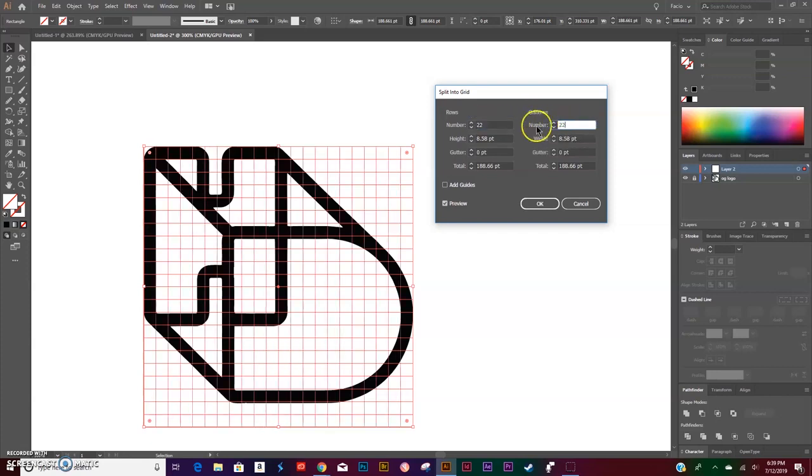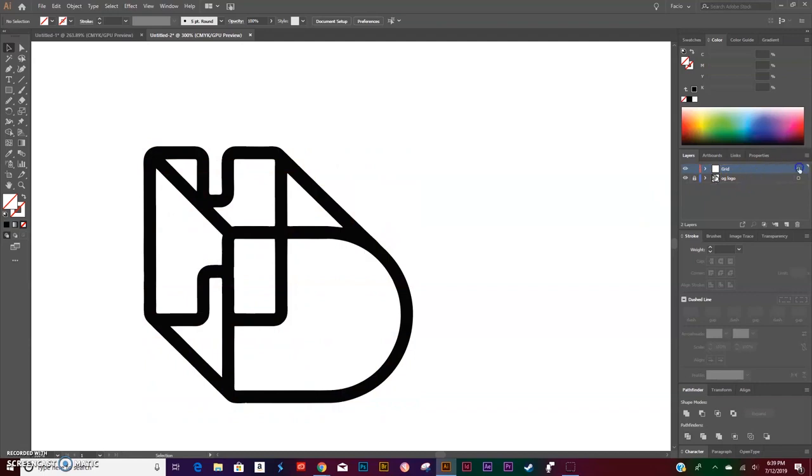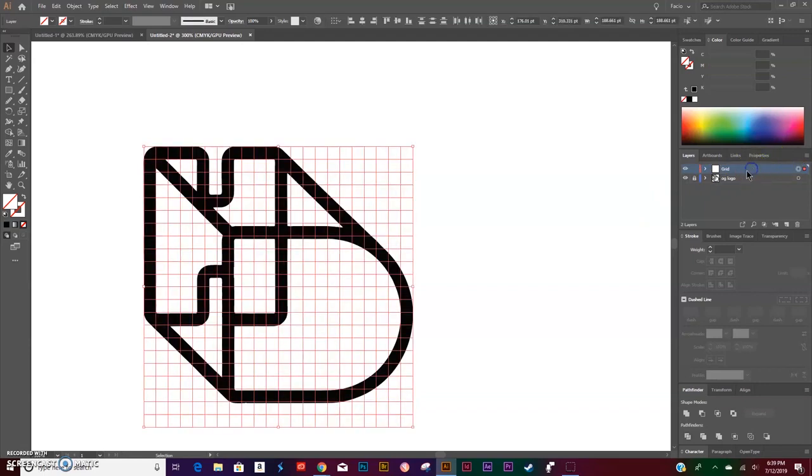So on the columns, you're going to put 22. So 22 by 22. Click OK. We're going to name this grid. Select your layer, hold the mouse as you drag to create a new layer. That's going to make a copy of it. I'm going to hide the original one and lock it. On the copy, I'm going to name this